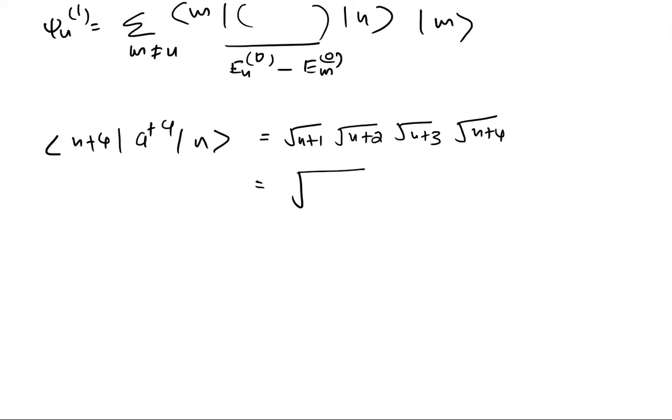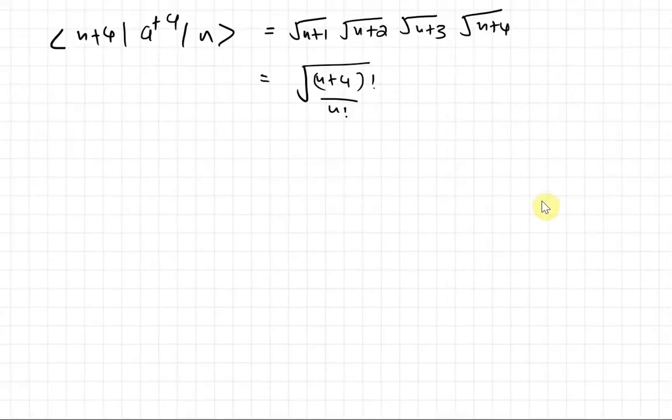So I can write this as (n+4) factorial. That means it will be running up to (n+4) factorial divided by n factorial. So it's a shortened notation of that. Okay, now let's find out the next term,